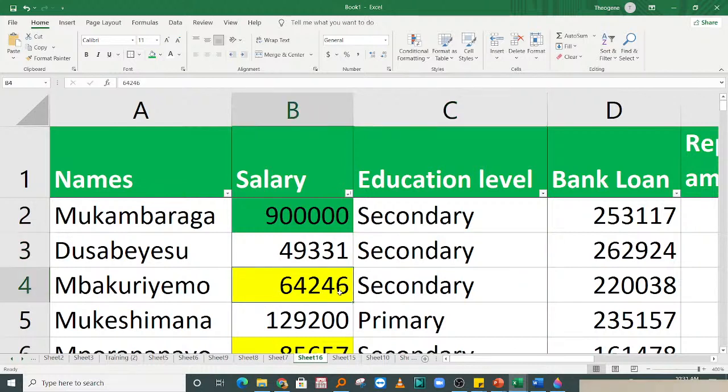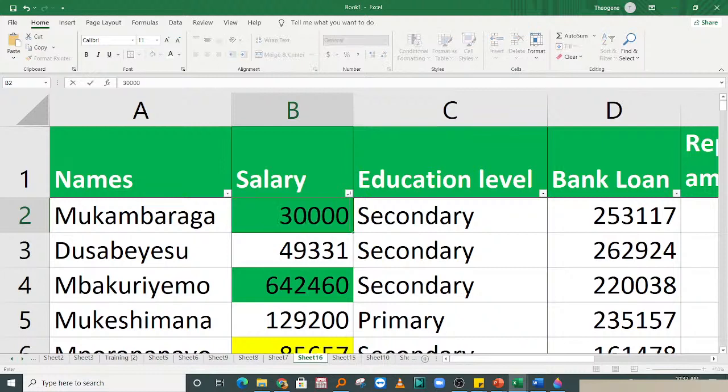If I come here to this which is in euro, I add another 0 to mean 600 whatever, it will immediately become green. Okay, if now I change this to 30,000, it becomes